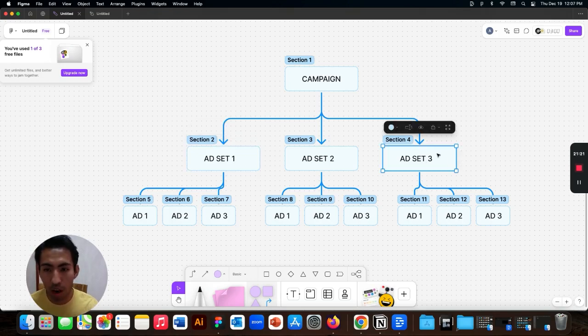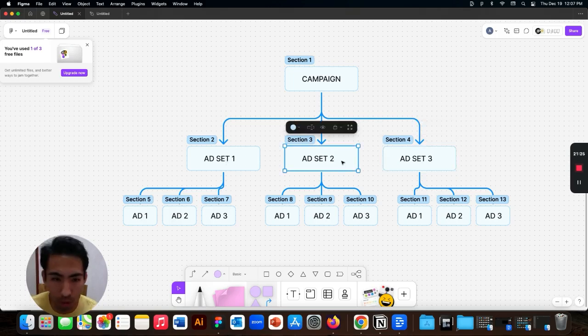What the Advantage campaign budget does is, let's say asset number 2 is performing better than asset number 1, then the Facebook algorithm is going to allocate more of that $100 to the best performing assets, and it's going to adjust depending on the data that it receives back. So whichever asset is performing better, Facebook is going to allocate that budget. By turning on the Advantage budget, you're basically letting Facebook decide how to distribute that $100 that you're spending,